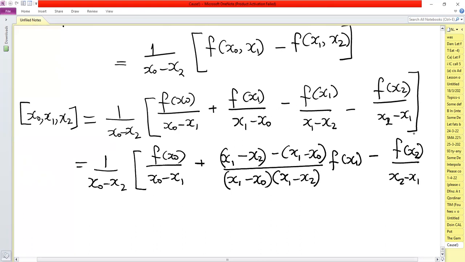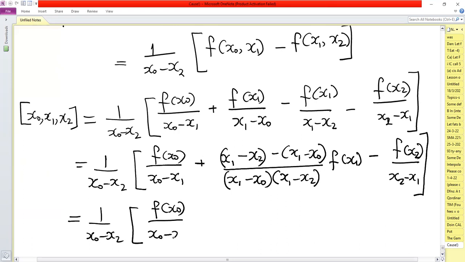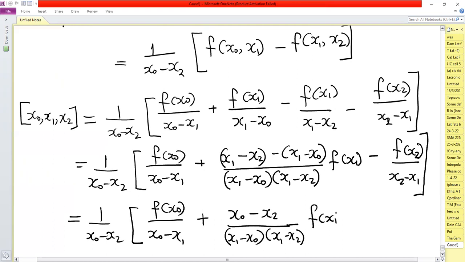I'll just put these two middle terms together. So when you simplify this, you'll have 1 over x0 minus x2 into brackets f of x0 divided by x0 minus x1 plus x0 minus x2 divided by x1 minus x0 multiplied by x1 minus x2 times f of x1 minus f of x2 divided by x2 minus x1,